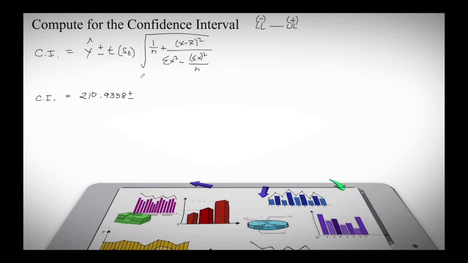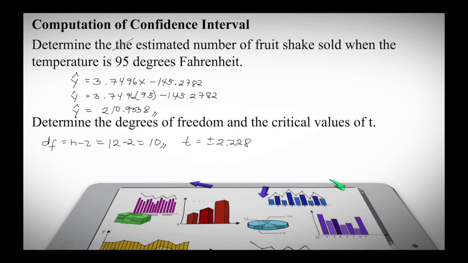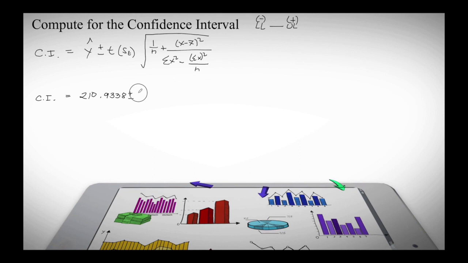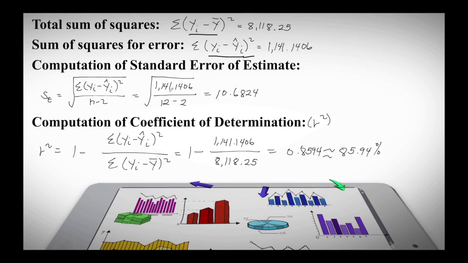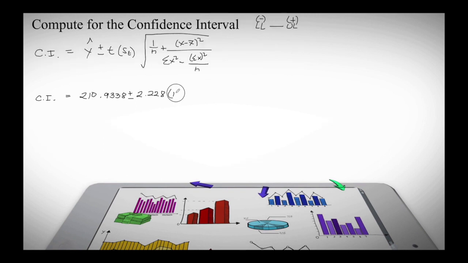Next. Anong value ng T critical natin? Sabi natin last time sa table, 2.228. So, plus minus 2.228 multiplied sa SE natin. Anong value ng SE natin? Balikan po natin yung SE dito. 10.6824. So, let's have here 10.6824 for the value of SE. Then, square root tayo, 1 over n natin guys is 12 since we have 12 days plus